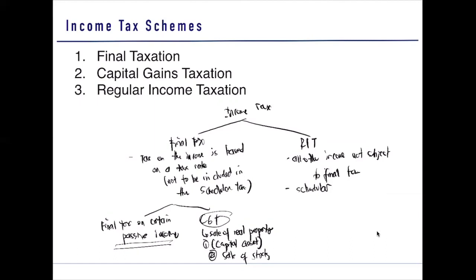So, we already know how to tax it. It can either be gross or net income taxation. And we also know where to tax it, either final tax or RIT. Okay? So for our next meeting or the next video, we will learn now regarding your income taxpayers, gross income, and their income status. And then we can already proceed to final taxation, which is your CGT and final tax on certain passive income. And then we go now to your schedular tax system.